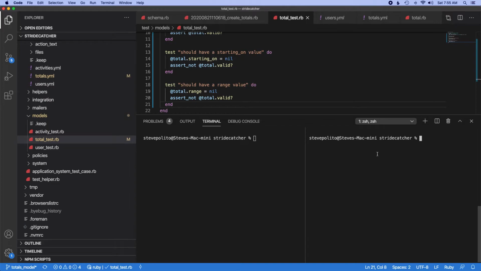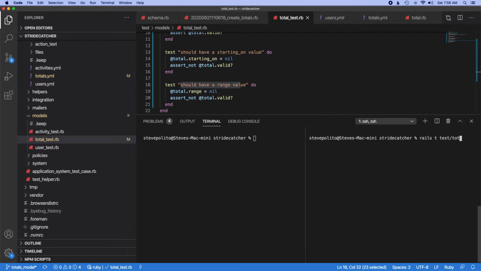All right, so that's in a good spot. These are probably going to fail because we don't actually have a validation written for those. So at the database level, these wouldn't get saved, but it's going to raise some type of error, and it's not actually going to pass. So let's just do rails test